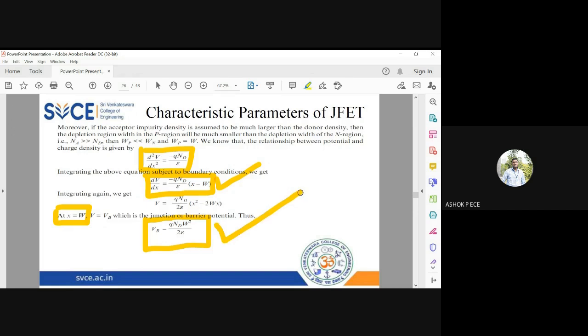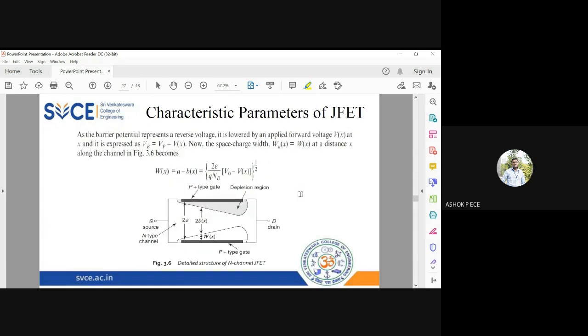When no VGS is applied, this barrier potential will be developed across the PN junction. This is the first voltage expression we have derived when the device is not subjected to any voltage. Now you see, when you subject the device to voltage,